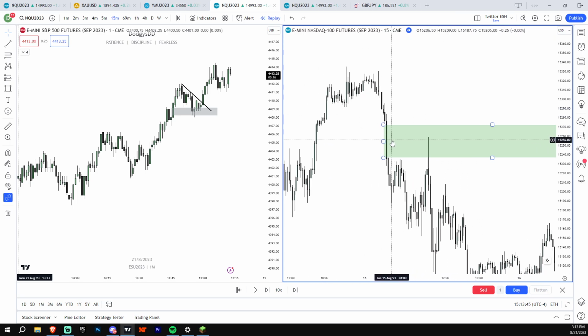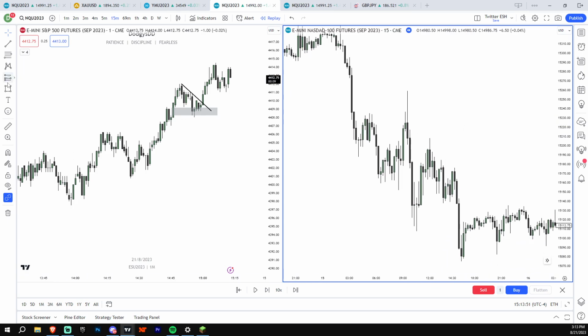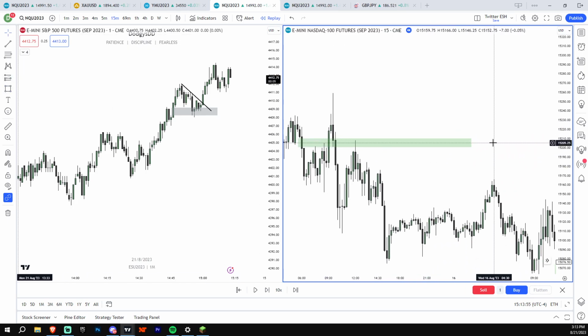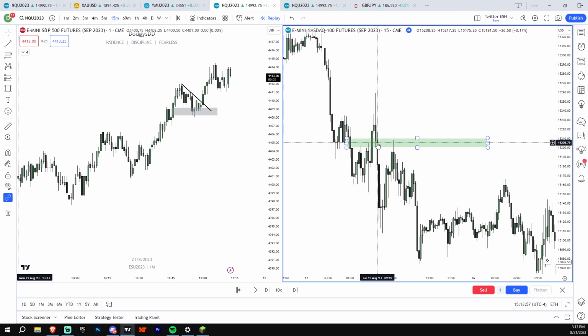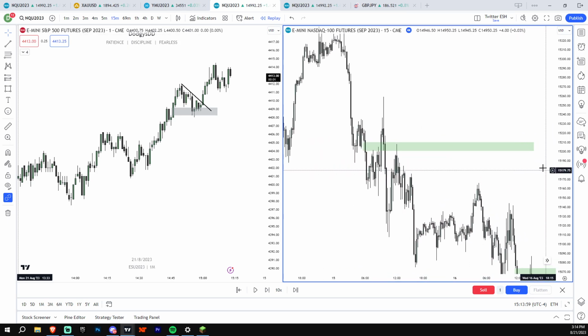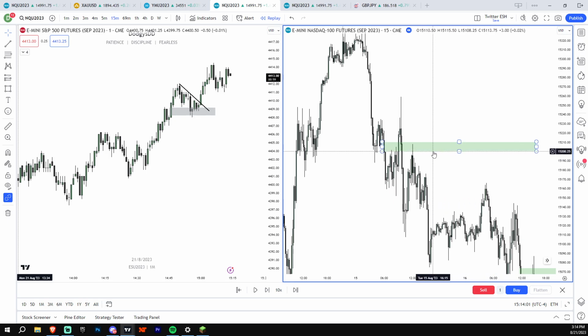So I'll keep that on my chart and monitor it the next time we come back to it. Versus this one, I'm not going to leave this fair value gap on my chart when we run my way over here, because it wasn't even respected over here. Why would it be respected over here, right? So it really has to do with whether it was respected over here or not.